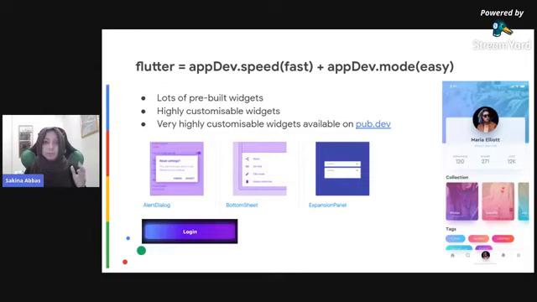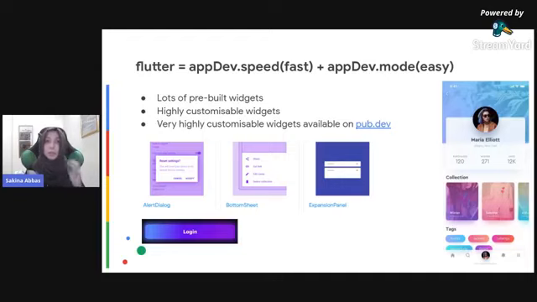So for instance, we have the navigation drawer, the navigation tab, bottom sheet, etc. It comes pre-built with everything, okay? And the best part about it is that for each widget, you can customize it as per your liking. So even though Flutter provides very basic buttons, it provides a floating action button separately, a flat button separately, an icon button separately, an icon text button separately, it provides different variants of each widget, and you can even customize all of those widgets as per your liking. So that's really awesome. Flutter is highly customizable.